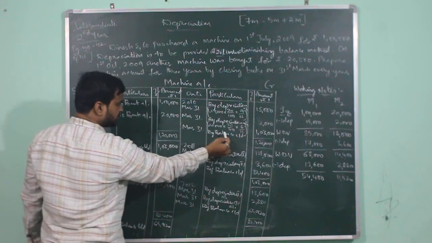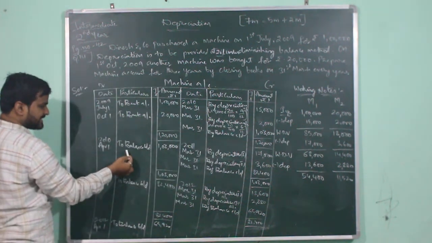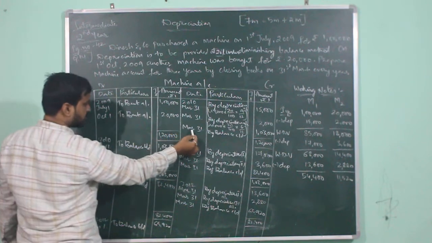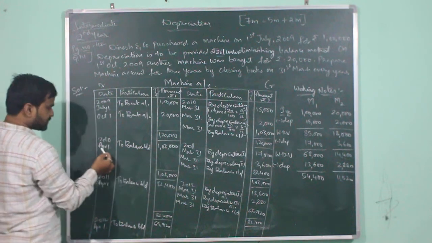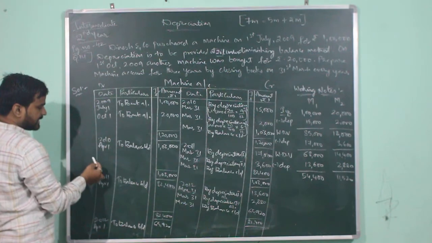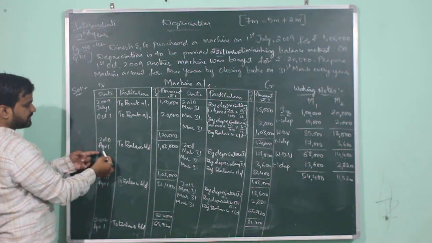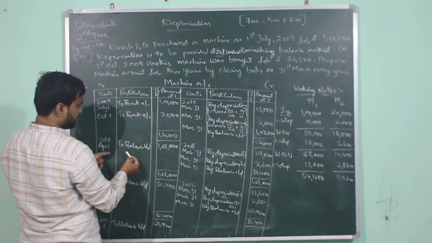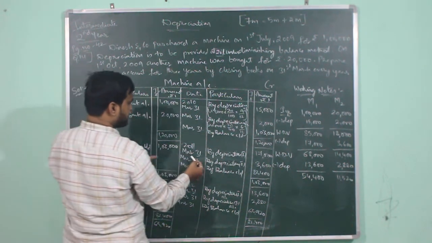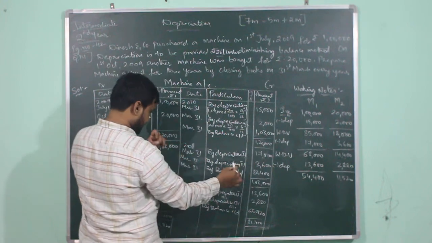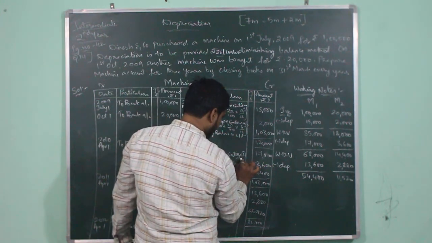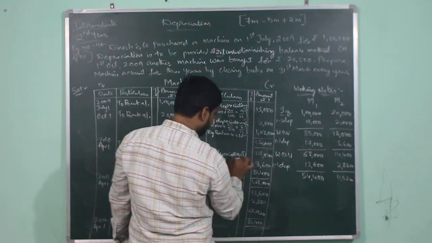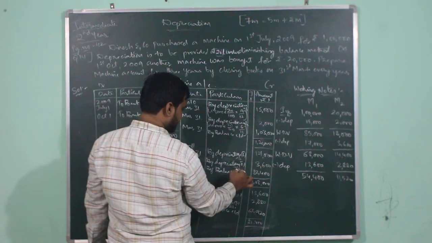The closing balance of first financial year will become the opening balance of second financial year, and it will be brought down as to balance brought down 1,03,000 on 1st April 2010. This financial year will be ending on 31st March 2011. Again Dinesh and company is required to provide depreciation on both the machines. So here it will be written as by depreciation account for first machine and by depreciation account for second machine. So it will be recorded as by depreciation account 1 and by depreciation account 2.